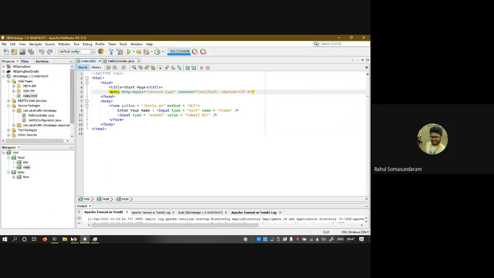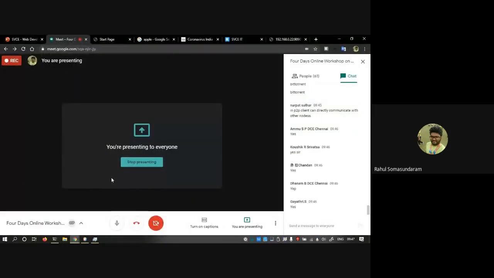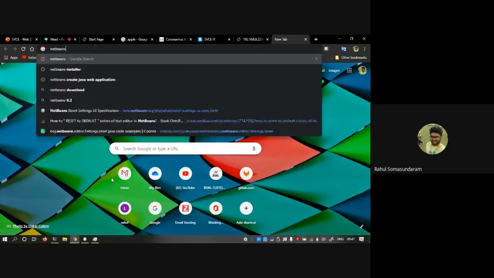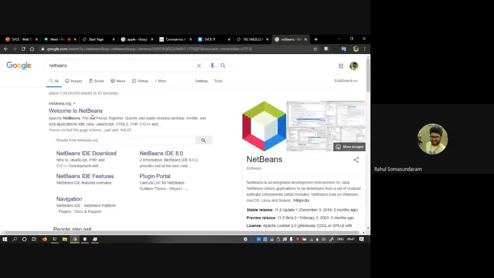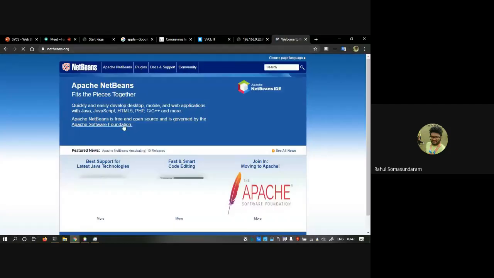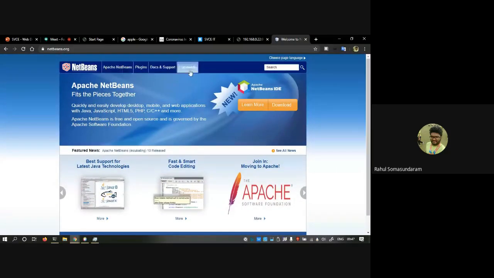For the IDE you can use NetBeans. I will suggest NetBeans for beginners. You can go to this website, and I'll share the download links.